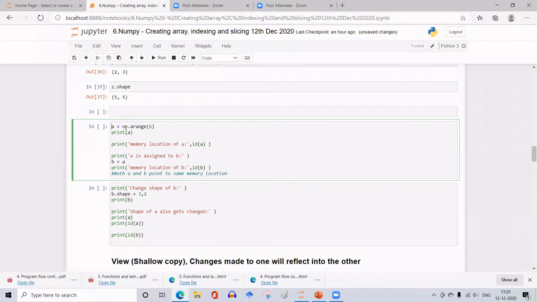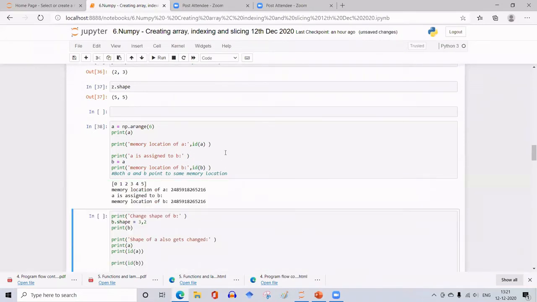So what is the memory location of this A? Just print ID of A. ID of A will give you where this array is located, and that I'm designating with the string memory location of A. I will print this string and then where the memory location is. And then I'll assign that array to another array B, and also print the memory location of B. Okay, so first array is arranging 0 to 6.